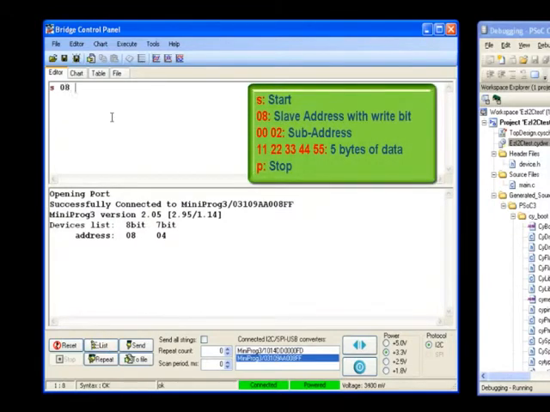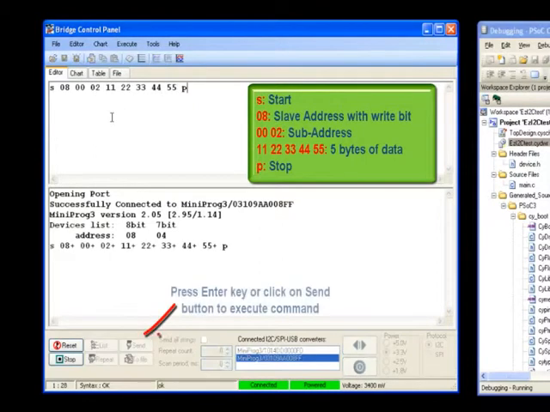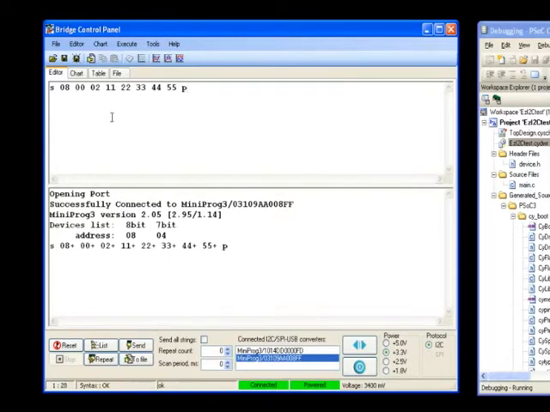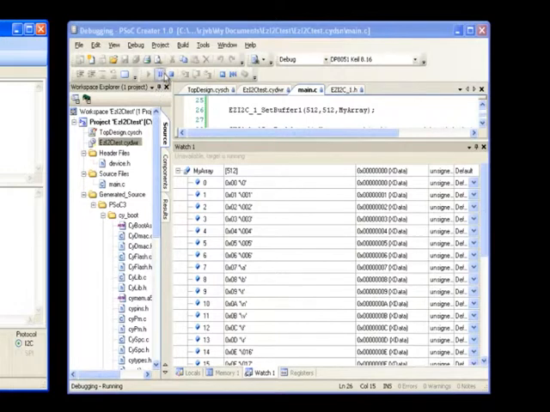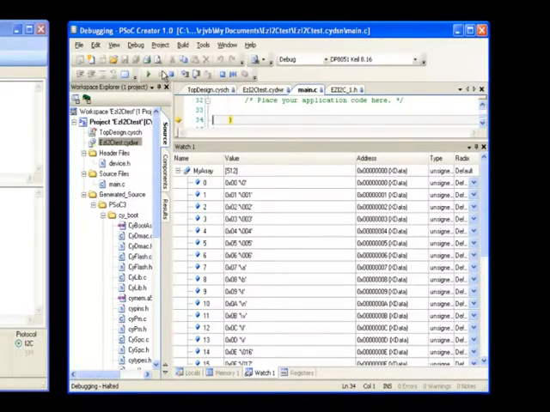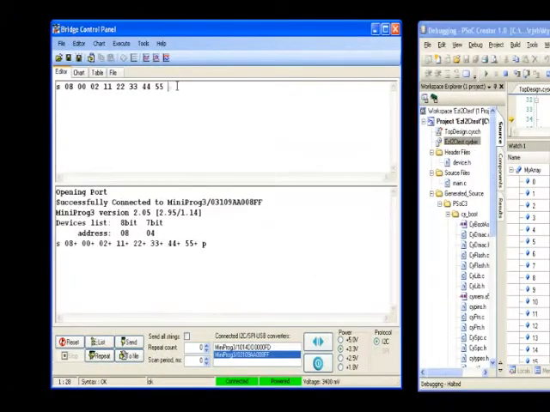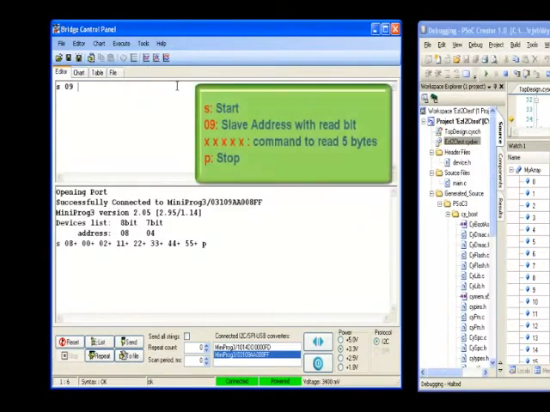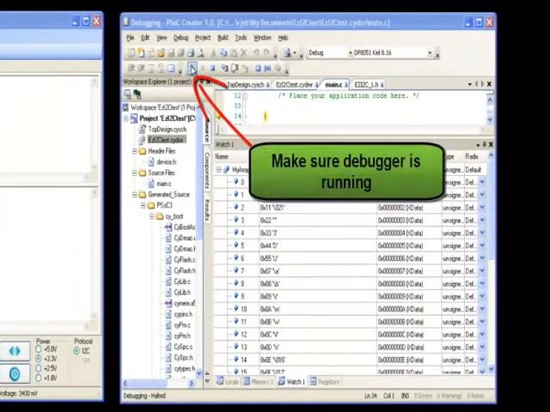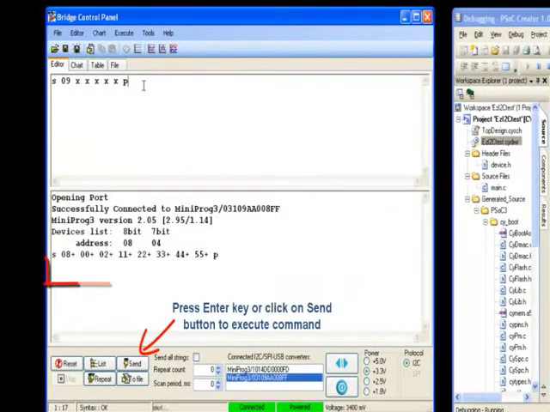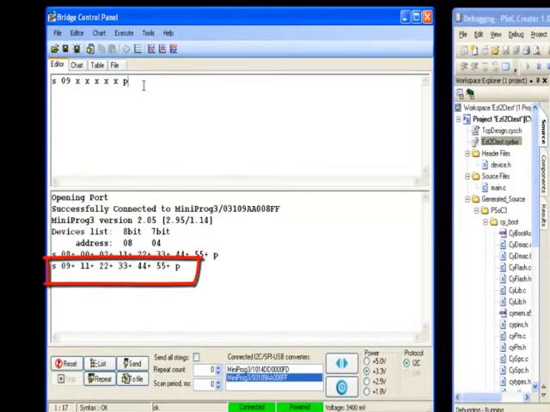Let us write 5 bytes of data at subaddress 2 of easyi2c slave buffer. Halt the execution and wait for the watch window to get refreshed. As you can see, the data that we send gets stored at subaddress 2. Let us read back those 5 bytes of data that we just sent. Note that we are not sending any subaddress. Subaddress sent in earlier write command will be used by easyi2c. Same 5 bytes of data are received by master.